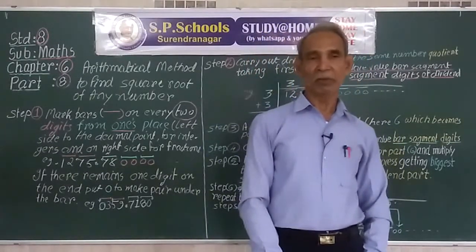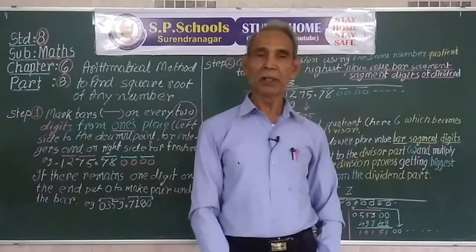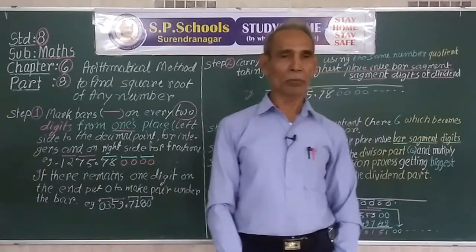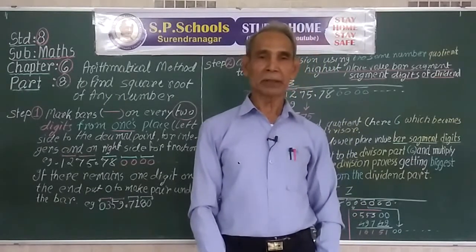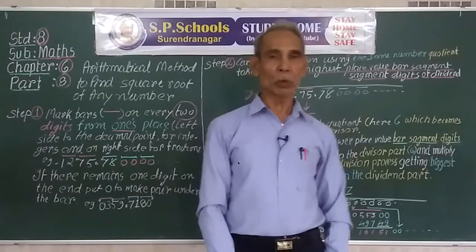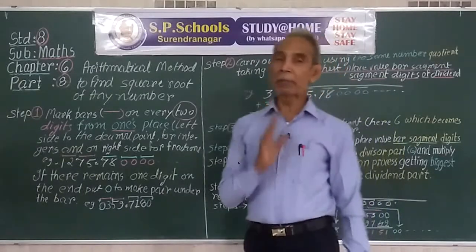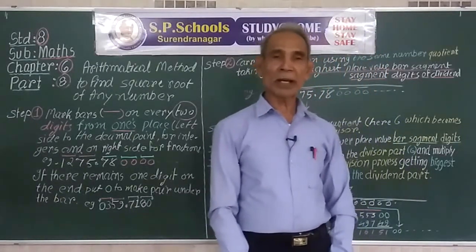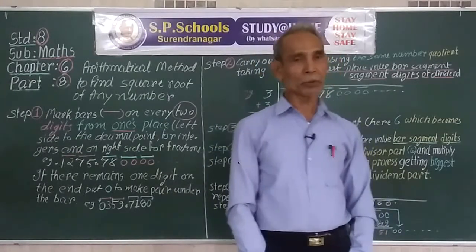Like root of 9, we will get 3, root of 16, we will get 4, root of 25, we will get 5, and so on. But if the number is not a perfect square, then also we can get its root approximately